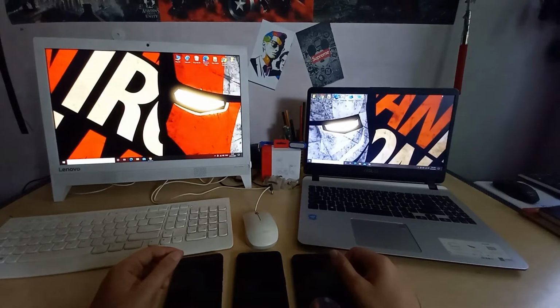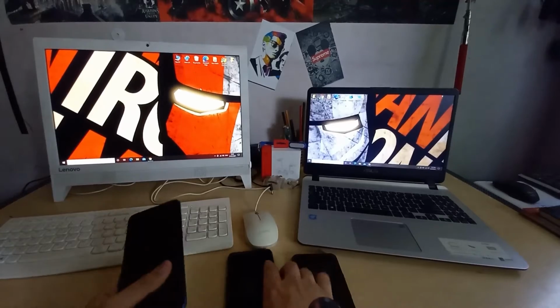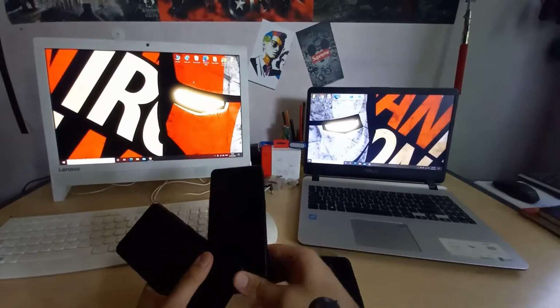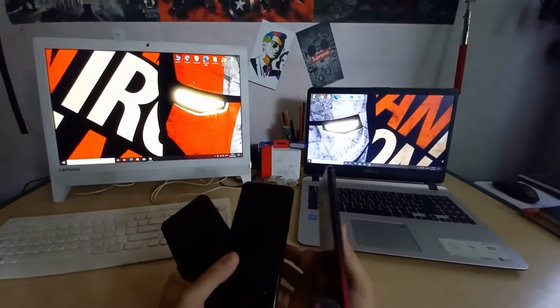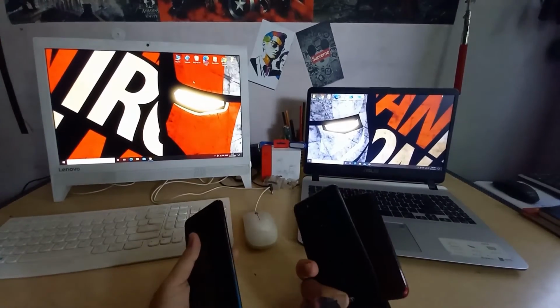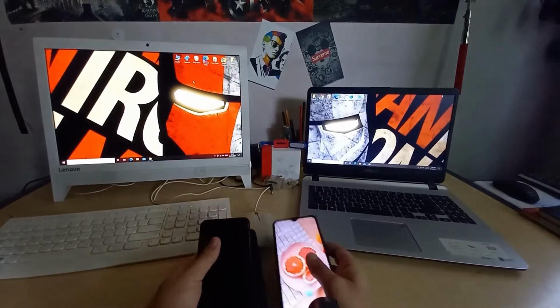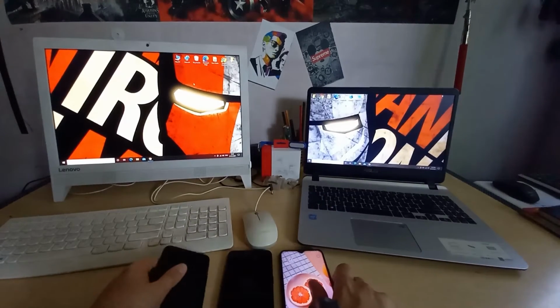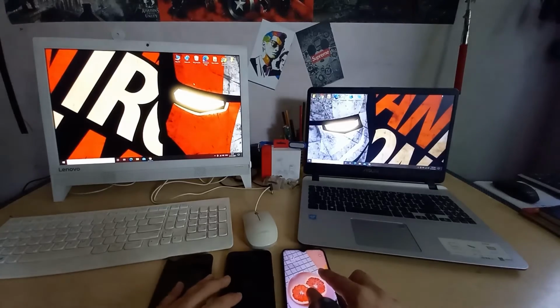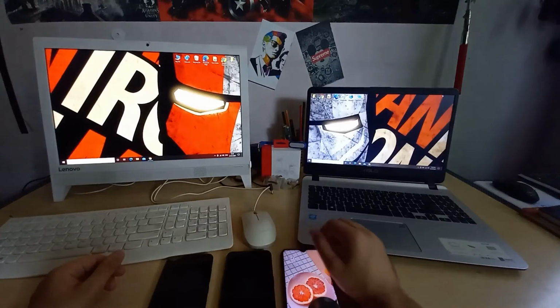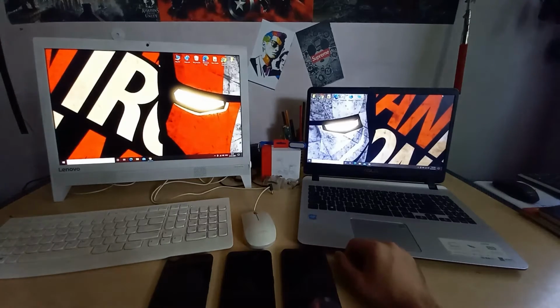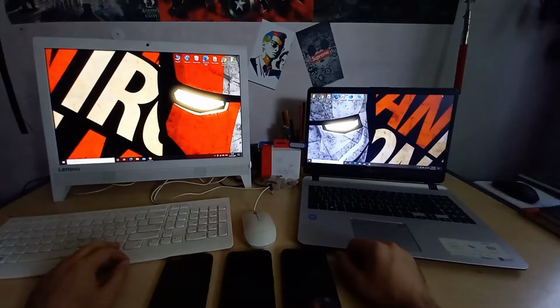Friends, today we are going to talk about how to download and install the Android 12 beta version on your devices. Here are some devices which contain Android 11, but I will not upgrade them to Android 12 because the data on these devices is very crucial for me. But today I will show you how to download and install the Android 12 beta version on your devices. Please try this at your own risk, because your data may get lost, your images, videos, contacts may get lost. So please try this at your own risk.